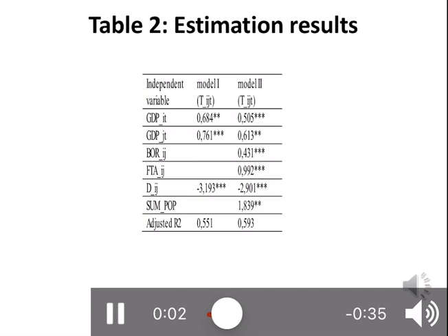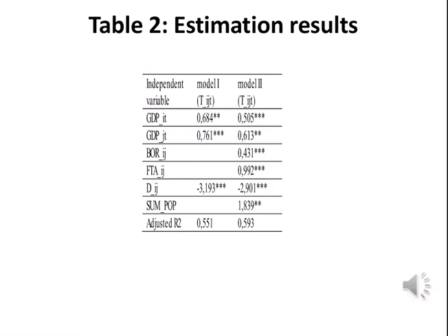Table 2 reports the estimation results for both the basic and the extended equation. The econometric method that performed better was the random effects estimation. The independent variables are statistically significant in all the cases. The adjusted R squared varies from 50.1% to 59%. The parameters and the respective R squared values are comparable to other similar studies.